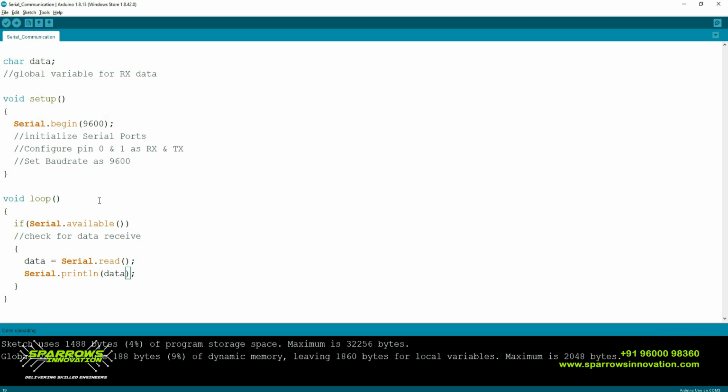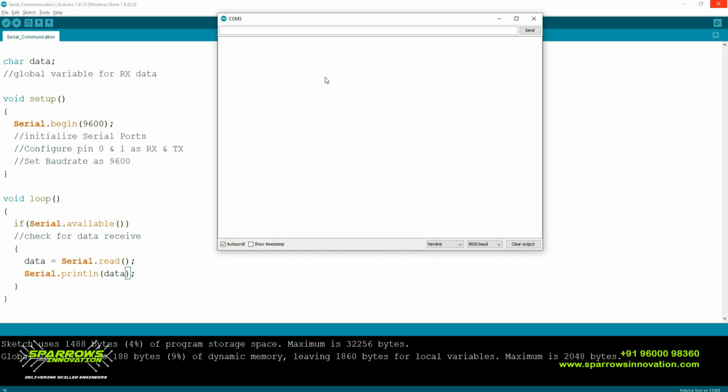So here I uploaded the program with println, and when I type something in the transmitter screen and click enter, you can see at the receiver end W, E, L separately. W is one 8-bit data and E is the next 8-bit data. So every time we transmit serially, only one 8-bit data will be transmitted at a time. This is how we can write a transmitter and receiver program in Arduino. We have done a serial transmission, and we have also seen serial reception, how to receive data serially. This is how serial communication works in Arduino.